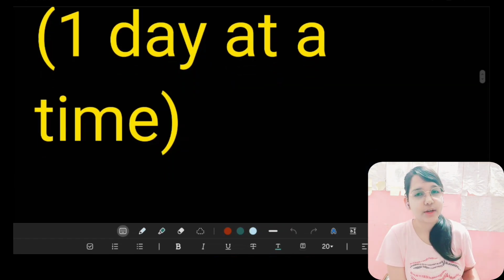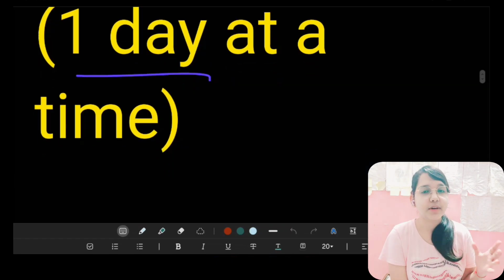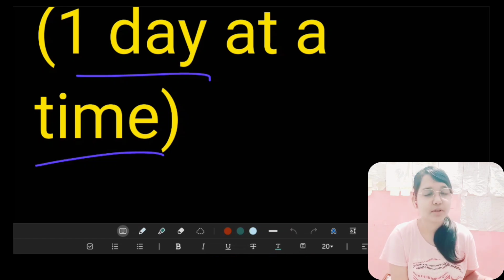You have to put in 1 day. You have to keep a specific hour, a specific time plan for finishing the backlog. Suppose you're a morning person, you have to study from 6 a.m. to 7 a.m. for the backlog. You have to keep that hour reserved for your backlog, and not do anything else in that hour. If you are an evening or night person, suppose you can give 11 p.m. to 12 a.m. for your backlog. That hour should be simply reserved for your backlog and nothing else. So 1 day at a time.